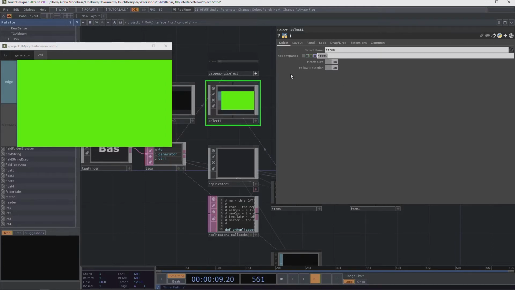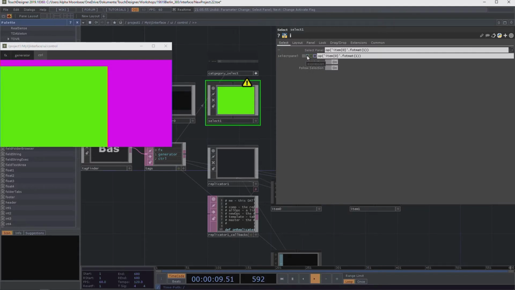So we can now write a nice expression to select. We are writing OP item, and I think we're going to use the format route. We write curly brackets around the 0. And when we write format, and write in, for example, a 1, and again enable expression mode,